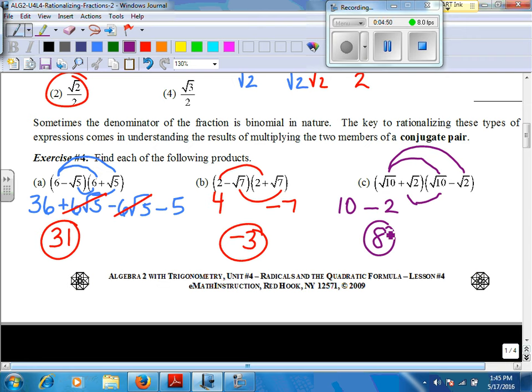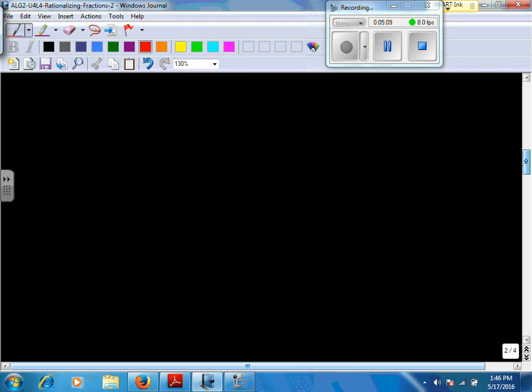Okay. All of these are something special called conjugate pairs. And these conjugate pairs happen when you have the same two binomials, but one's a plus, one's a minus. So within these conjugate pairs, you'll always have that happen where the outer and the inner terms cancel out when you distribute. Okay? Let's go on to the next page, which